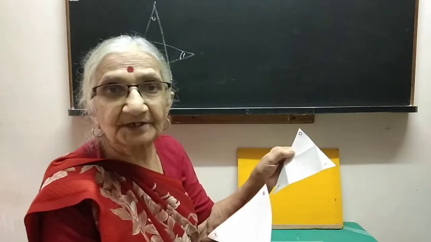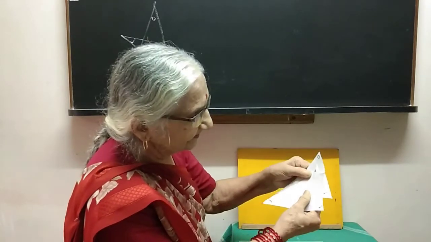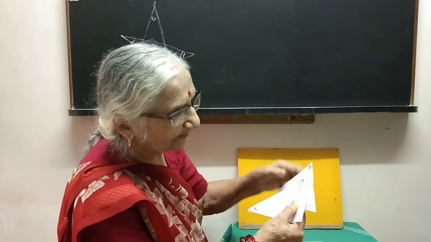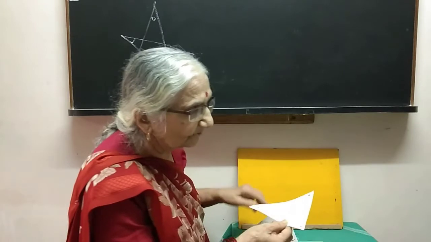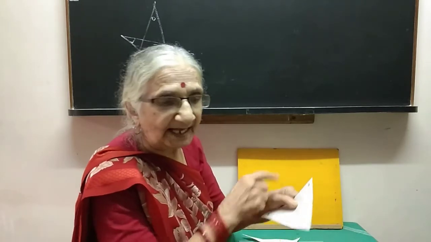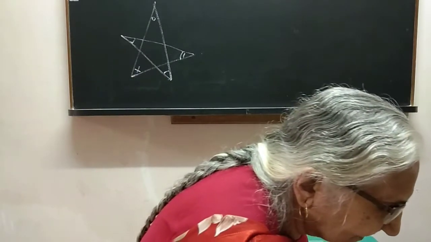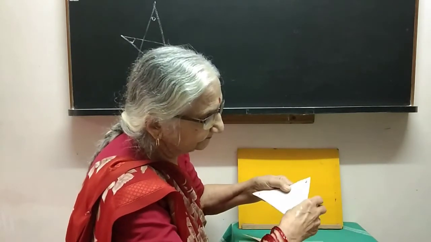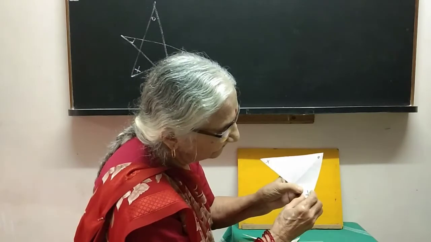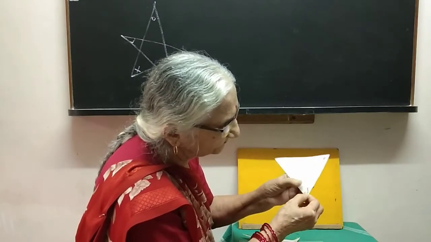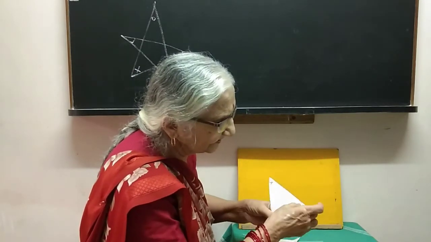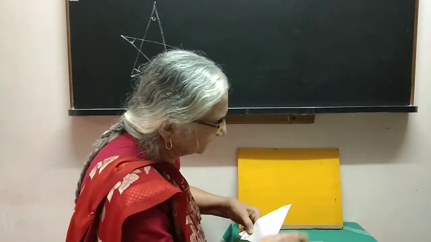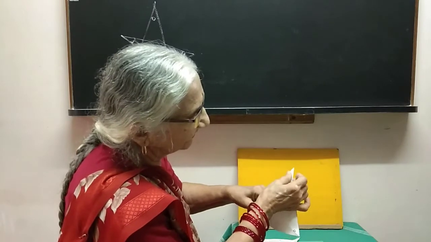Now I have taken 2 triangles and marked they're congruent. These 2 angles are equal, these 2 angles are equal, and these 2 angles are equal. From one of them, I cut off the angles. I have cut them to save some time. You can see that this is this angle. This is this angle over here. You can see they coincide, and this is the top angle.